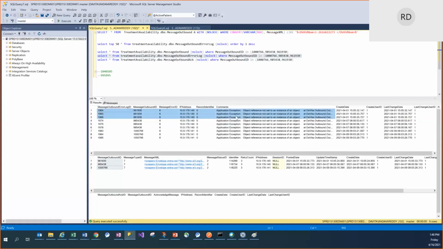The query is like: if you have a record in the outbound table that is not processed yet, it is not qualified for the alert. But if the record is still there even after 5 minutes and not processed, and the service frequency is set to 1 minute,